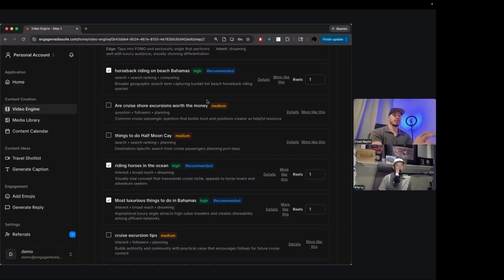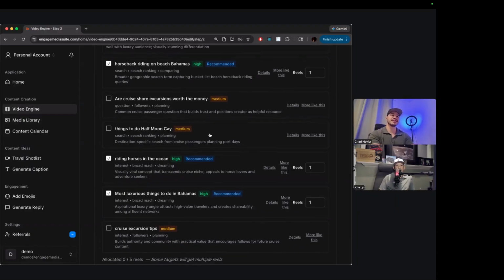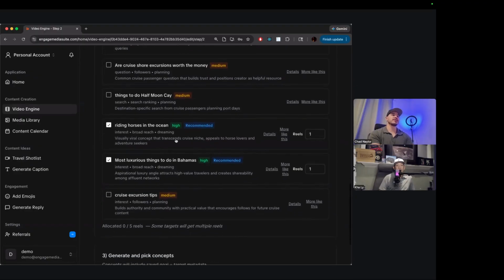So if you had more albums, you might be getting a higher match for that because it can build a broader creative vision, and you'd want to have content that's from more than just riding horses on a shore excursion, right? Same with things to do in Half Moon Cay. We've just got one thing to do in Half Moon Cay. So other concepts, riding horses in the ocean, that's very broad, but